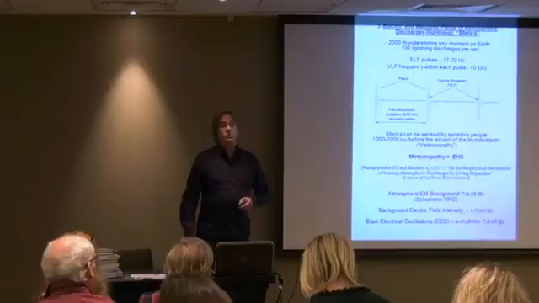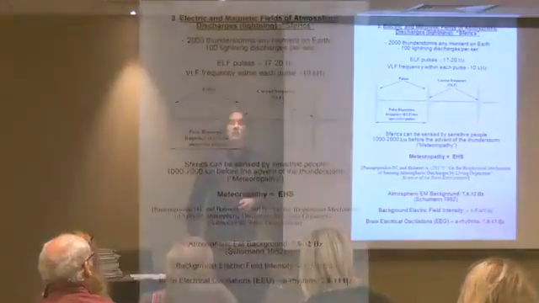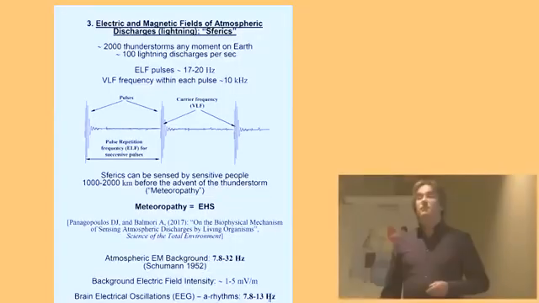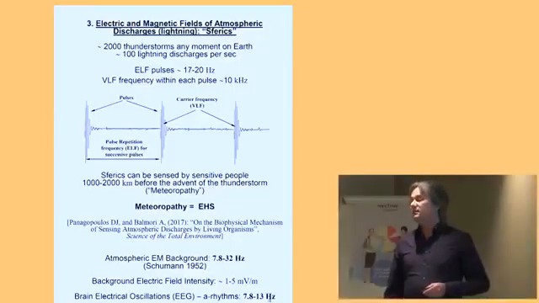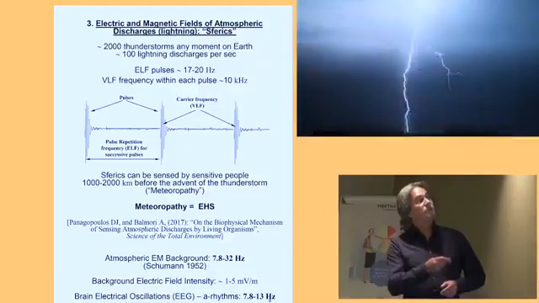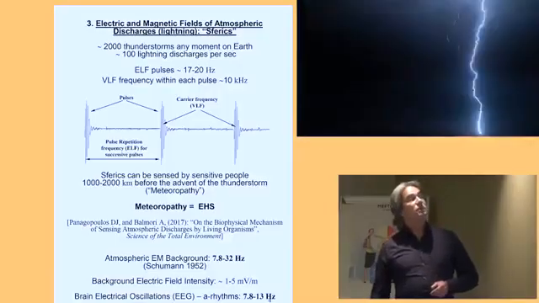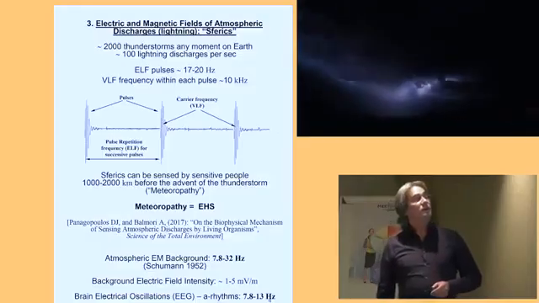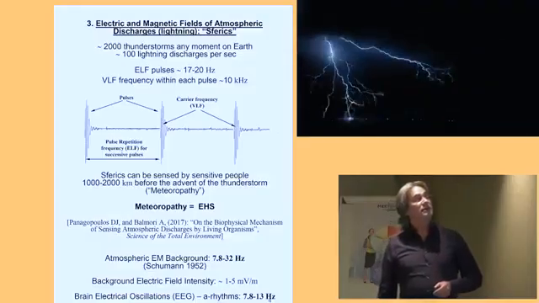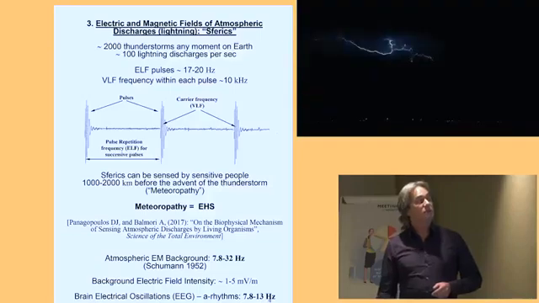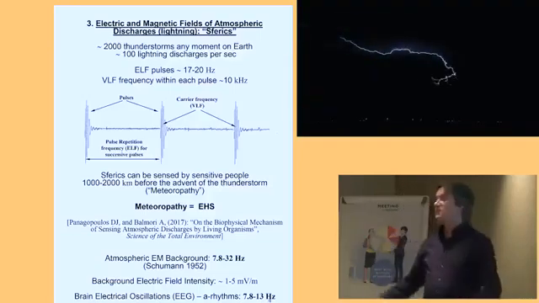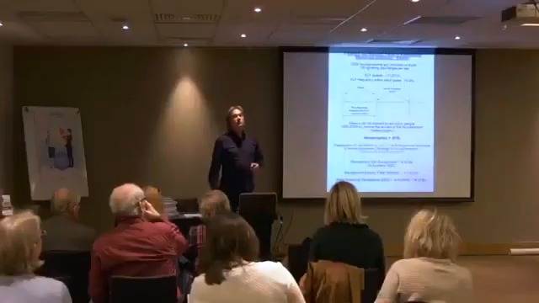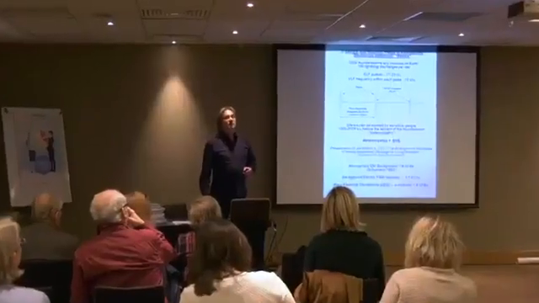And we have also the natural atmospheric fields. They are made from the global lightning. Every moment there are thunderstorms, about 2,000 thunderstorms on Earth, and there are about 100 lightning discharges per second on Earth. All these discharges create a global electromagnetic background,